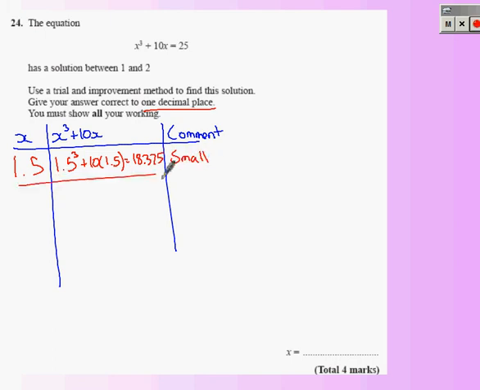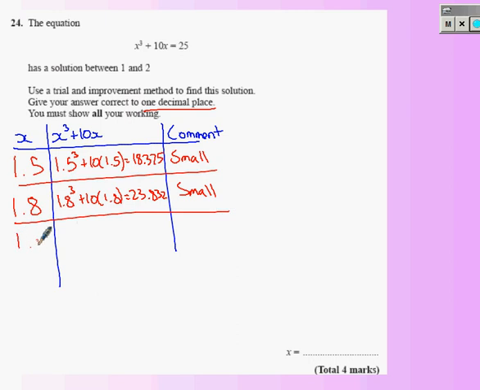In fact, it's quite a bit too small, so let's jump a couple of steps and go straight for 1.8. So same thing, put that into your calculator, and this time we're a lot closer. We're at 23.832, so we're still too small, but we're far closer. So we have to go again. This time we go for 1.9, exactly the same, put it into your calculator, and fortunately we find this time we're a little bit too big,